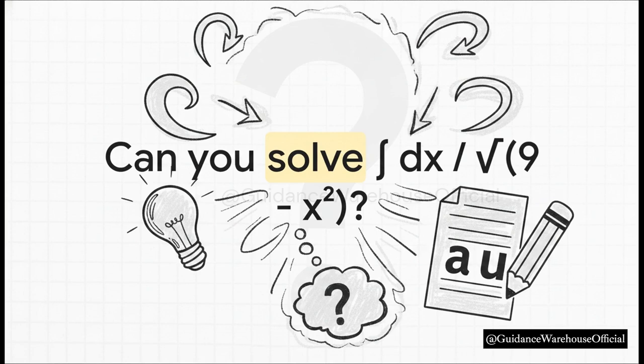I'm going to leave you with a final challenge straight from the textbook exercises. Can you find the indefinite integral for dx over the square root of 9 minus x squared? Grab a piece of paper, find your a, find your u, and just give it a shot. We'll be walking through the step-by-step solution to this exact problem and tackling some even more complex u substitutions in our next